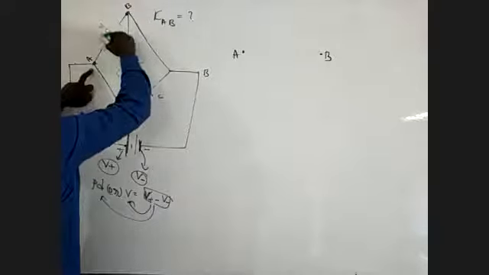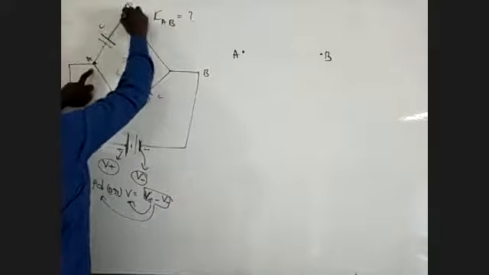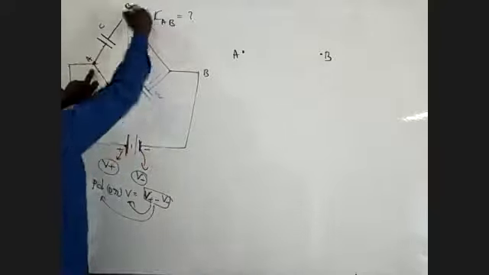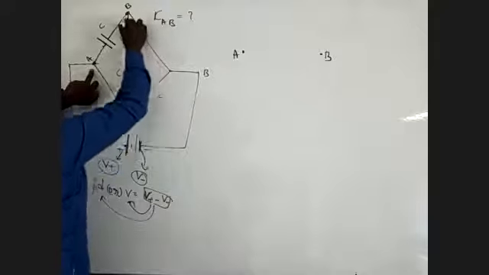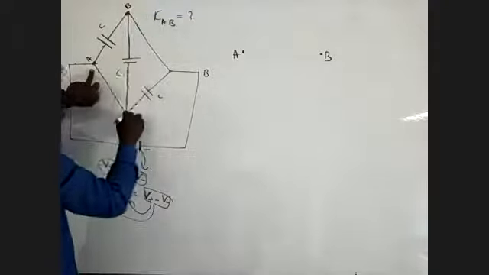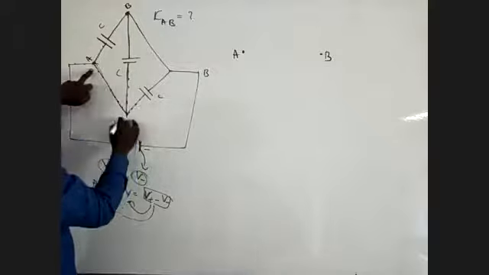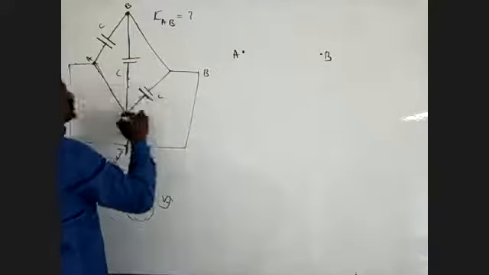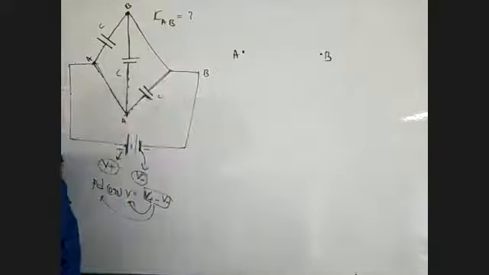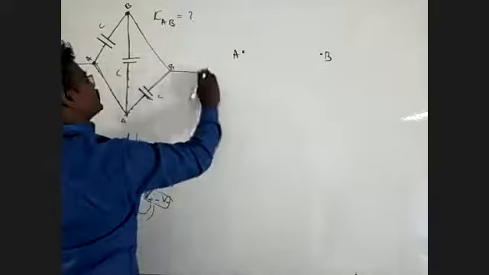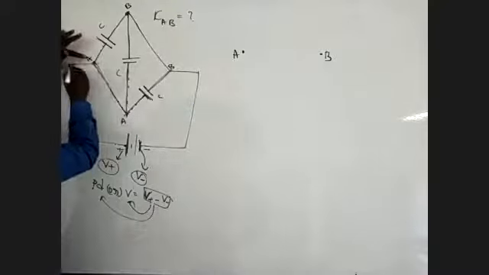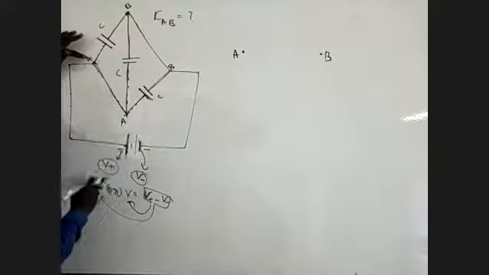So this is one plate. This plate is connected to low potential. This plate is connected to high potential. This plate is connected to low potential. This plate is connected to high potential. This plate is connected to high potential. This plate is connected to low potential. So this is point A, and this is point B. Now I am checking. A means high potential, B means low potential. A is connected to the positive terminal, and positive terminal means high potential.